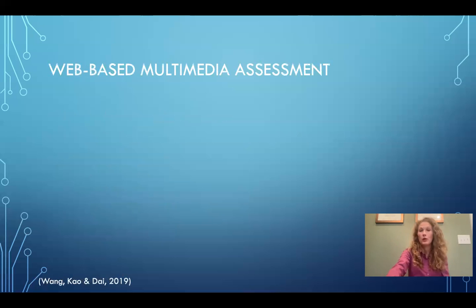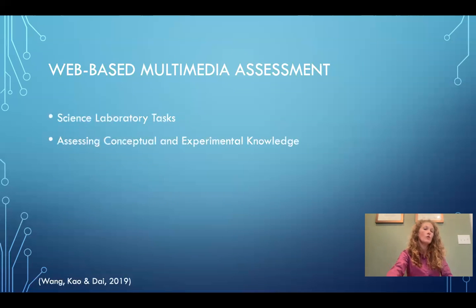And the next one, we have web-based multimedia assessments. And this is from a study in 2019, which was conducted in Taiwan. This goes over science laboratory tasks, and it's going to assess conceptual and experimental knowledge. So middle schoolers